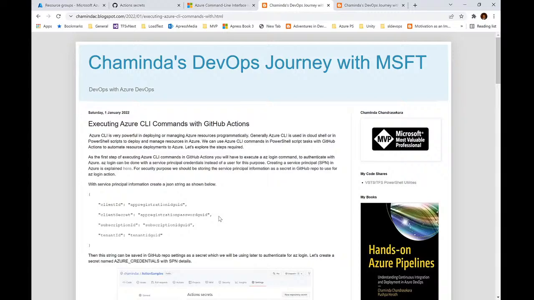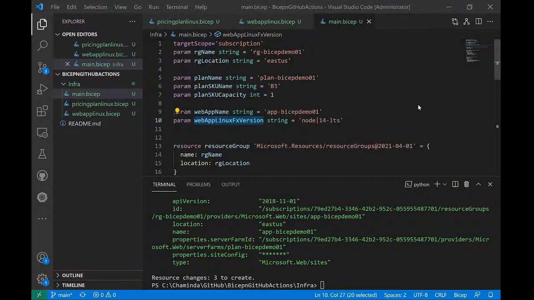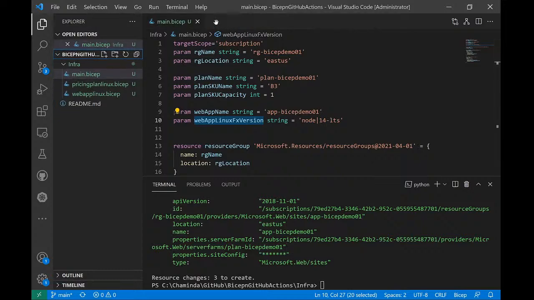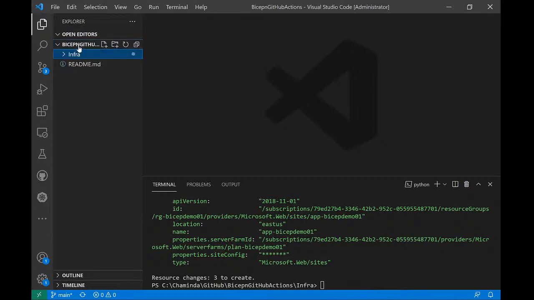Okay, with that, let's move back on to creating the pipeline part. To create the GitHub Actions pipeline, let's start creating a couple of folders which is required by GitHub. So let me click here. First, let me close all these files just to make things easier, and let me click on new folder and I'll type .github. This is necessary for GitHub Actions workflows, and then I'll say workflows and then Bicep demo pipeline, maybe Bicep demo